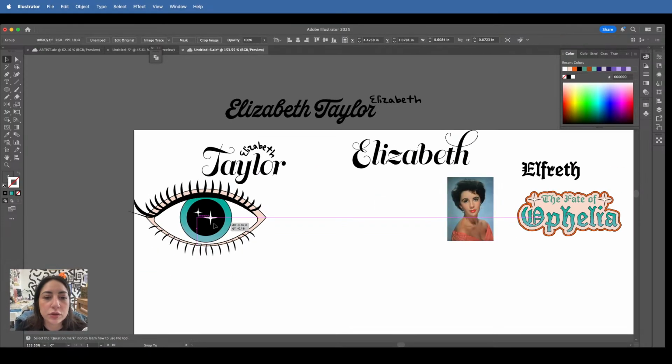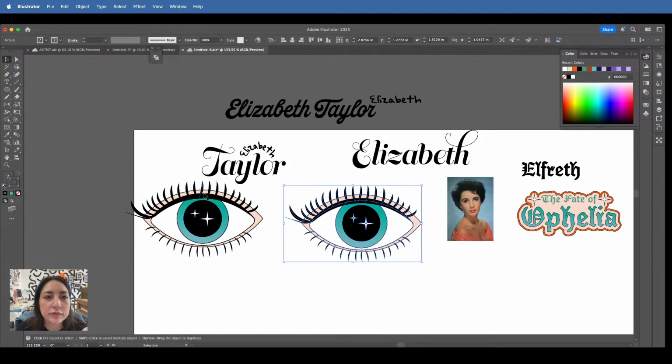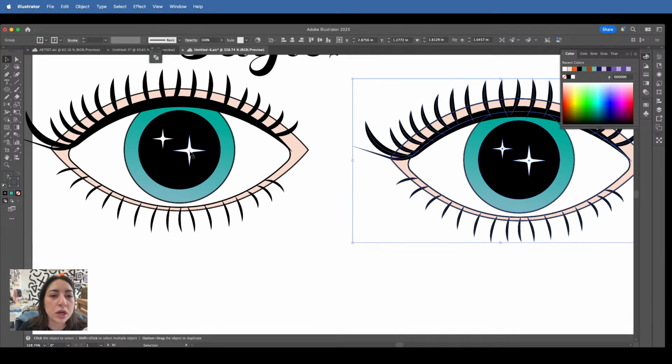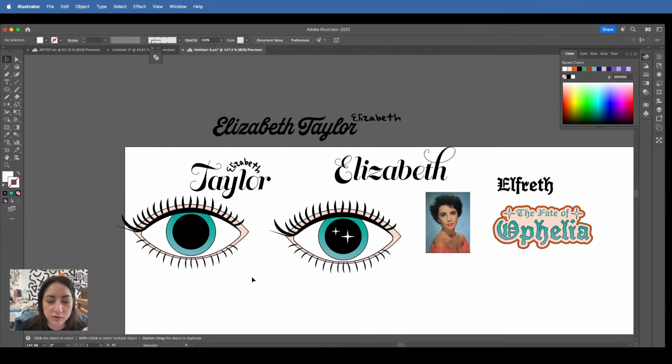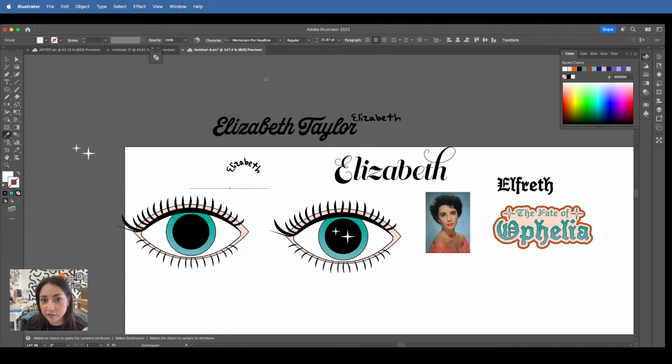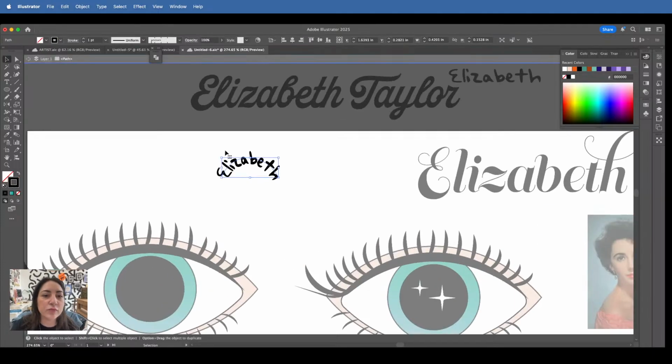So there are two ways I can kind of go about this. One is to get rid of this, or move it somewhere else for now, and make this white. Uh-oh, I'm getting the spinning wheel. Oh no. I'm getting the spinning wheel. Oh, this will have to be outline stroke.